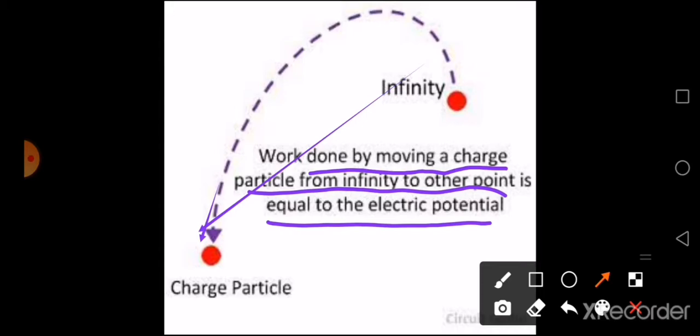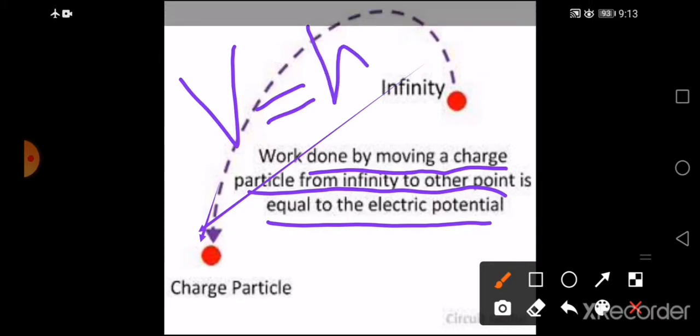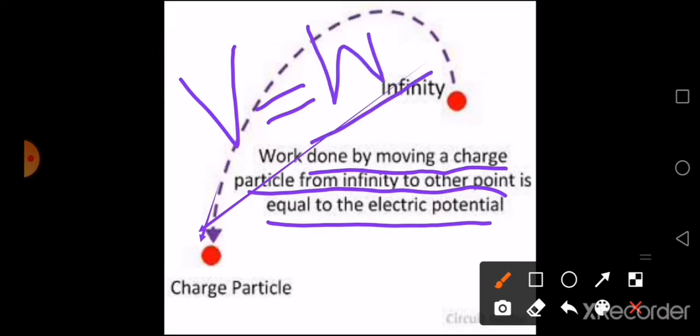Now, when you talk about this electric potential, as usual, the next point which we have to note is how to denote or how to represent an electric potential. Electric potential is usually denoted with the letter V. Now, this V, you have an equation in your textbook only, no derivation. According to the definition, it is the work done in moving unit charge, or it is the work done per unit charge in moving from infinity to a point.